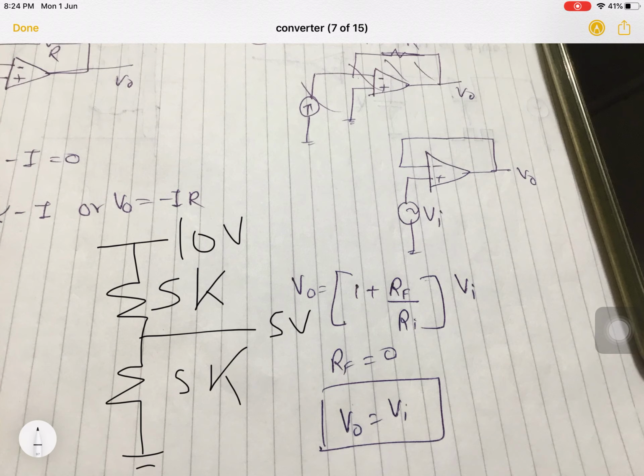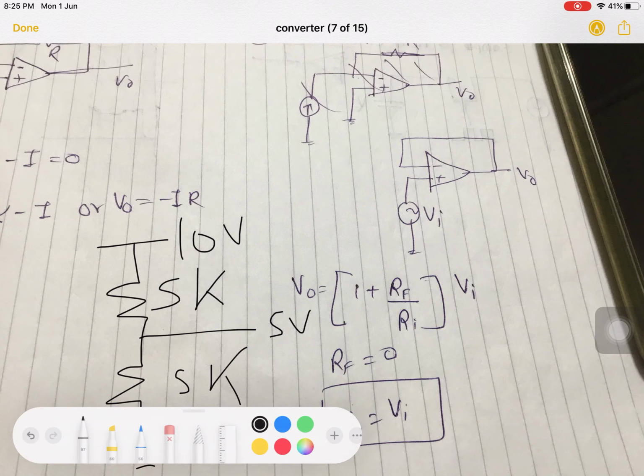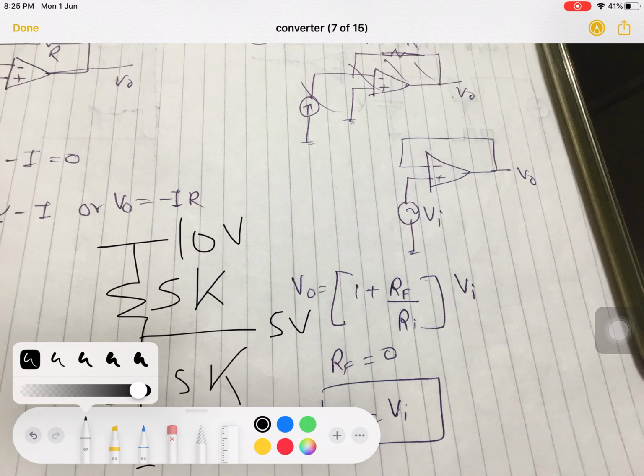Suppose this voltage has to be given to some other circuit for some purpose. Suppose this has to be used in a V to I converter. I have this 5 volt and I have to convert it to a current based on the incoming voltage. As we have already discussed, there are two options for a V to I converter. One is we can directly put a resistor. The other is we put an op-amp. First we will look at what happens when we put only the resistor. Suppose I have to take this circuit and make a V to I converter. In that case, what will I do?